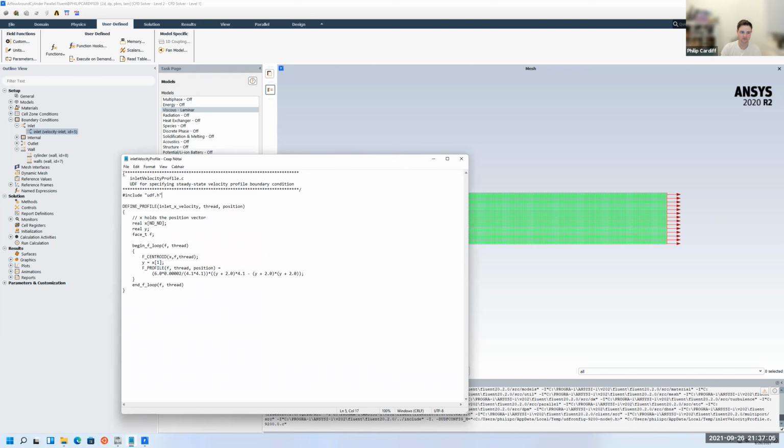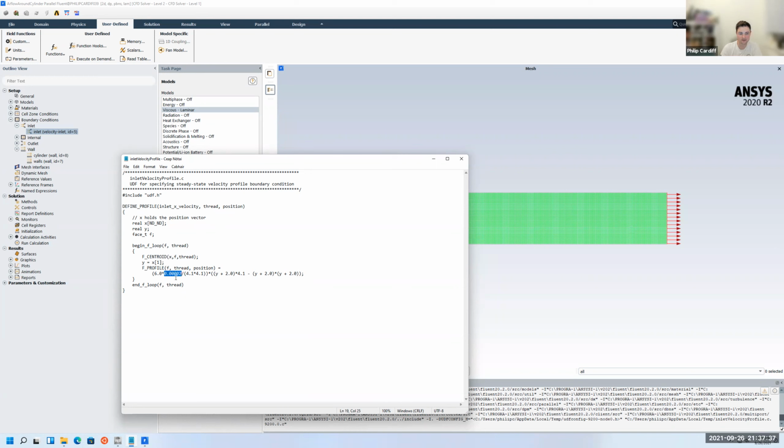It's relatively short, so you don't really need to know too much about C code, but Fluent allows certain functions to be overwritten. So DEFINE_PROFILE is a way to define a profile, and it takes in arguments of the x velocity, and then there's some other things as well, like position, and thread is to do with how it does the calculations. But basically here, this f profile is the actual formula. That's the formula just for a parabola in terms of y. So you have y by y, so that's a y squared. It's just a quadratic formula, and